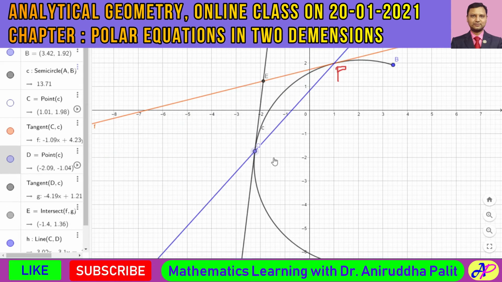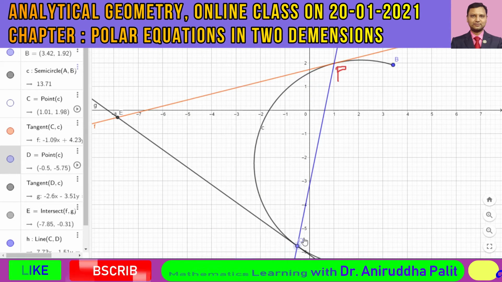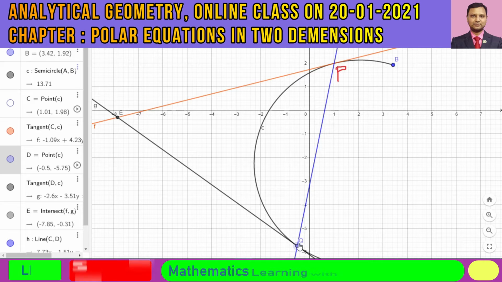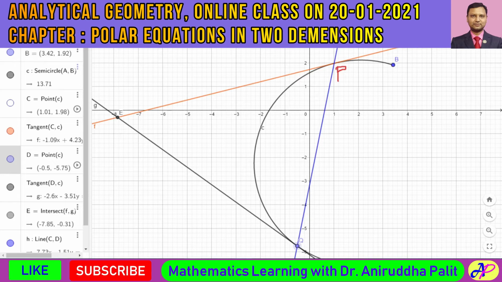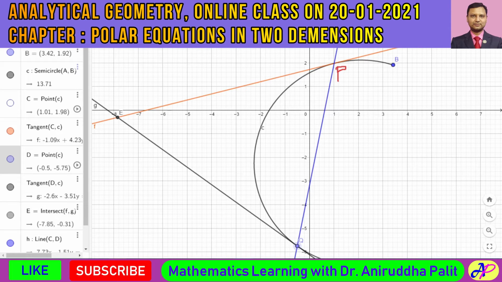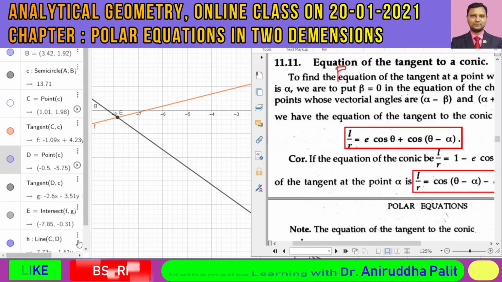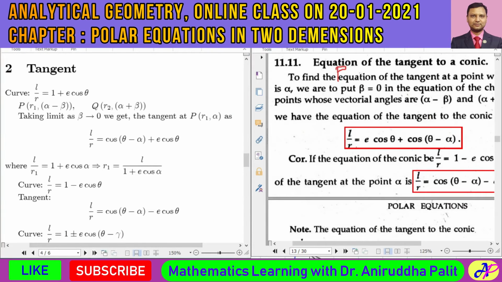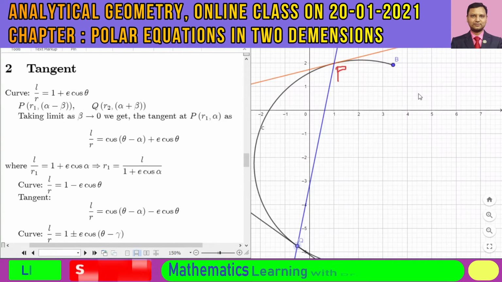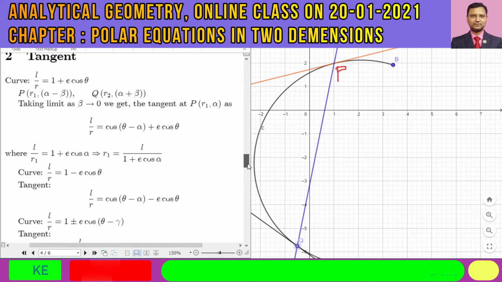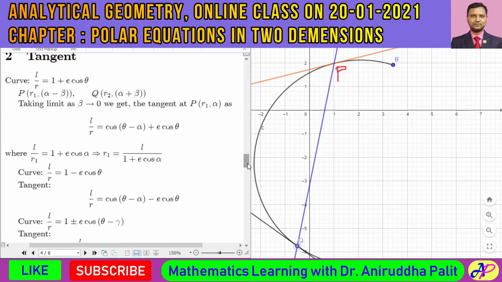So we actually have the equation of this chord PQ, and in that equation we are going to take the limit as Q tends to the point P. Let me show this equation over here. As the point Q tends to the point P, we can say that